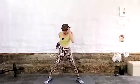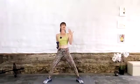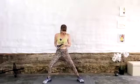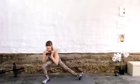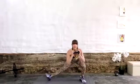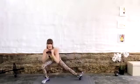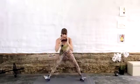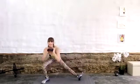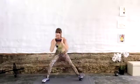Just make sure the heavier your dumbbell, the more I want you to keep your chest on the upright side. You don't have to stay perfectly up and down, but basically you want your chest above your hips, okay? We're aiming for about a 45-degree angle at the hips, but it could be as little as 30. So from your torso to your hip, at least about 30 degrees, but ideally more like 45 degrees,